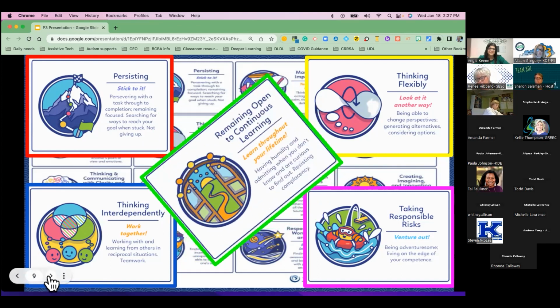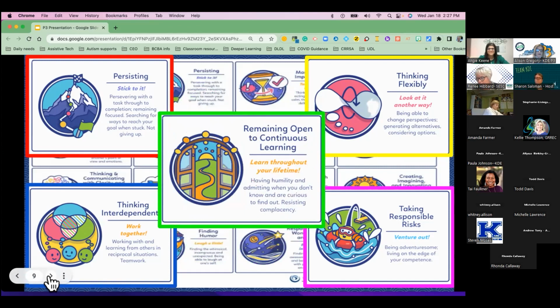And the last habit of mind is remaining open to continuous learning. I know we here at Southeast South Central are constantly striving to keep that continuous learning cycle in place. From an early age, many of us have been taught to value certainty rather than doubt, to give answers rather than inquire, and to know which choice is correct rather than to explore alternatives. Effective leaders overcome that need for certainty and inspire others to be in a continuous learning mode.